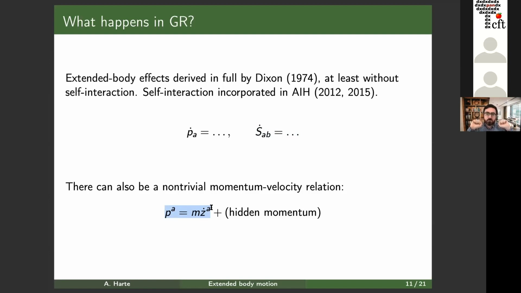Okay. In GR, you have to do the same thing. You have to start with the definition of center of mass, and there's a long story with that I don't want to get into. You start with the definition of momentum, and you then try to see how these are related. And in general, you don't just have this, but you have something extra. In fact, you have this also in electromagnetism in flat space-time, where this term originated, called a hidden mechanical momentum. So there's some extra component to the momentum that's not just due to the center of mass motion. Okay, so that's a non-Newtonian effect. I'm not going to talk any more about this. I'll just point out that it's there.